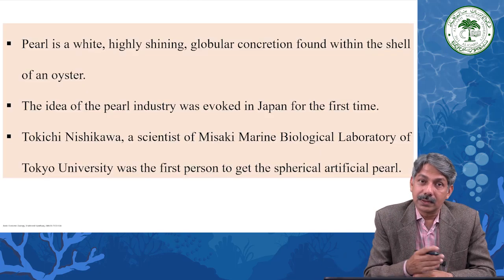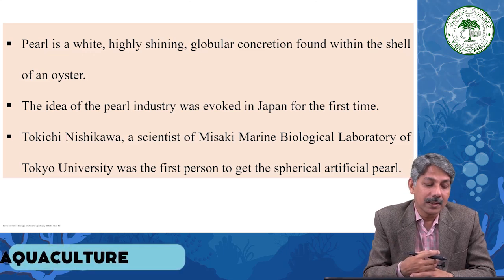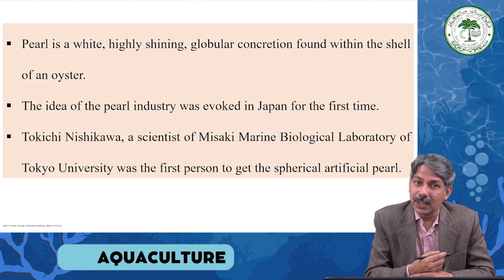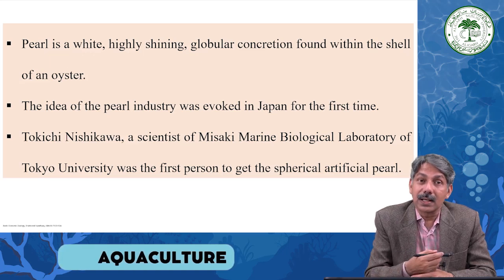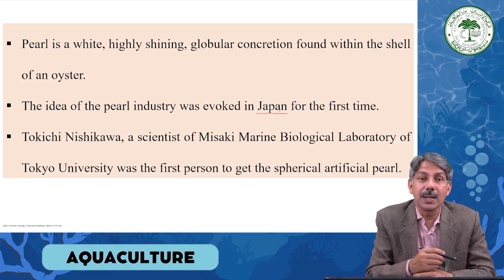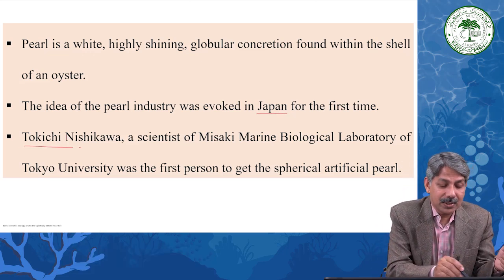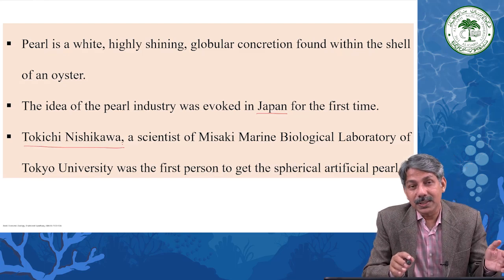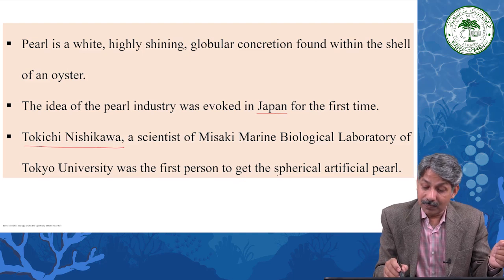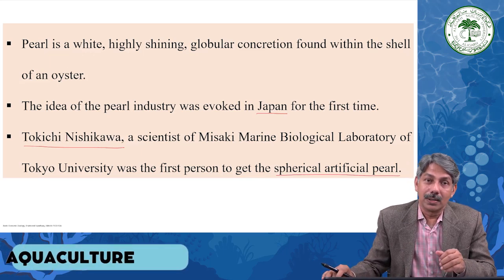Pearl, we all know, is very precious and is used widely as an ornament. It is a highly shining globular concretion found within the shell of an oyster, that is collected from the oyster. That is why these oysters are also referred to as pearl oysters. The idea of the pearl industry was evoked in Japan for the first time, and it is supposed that Tokishi Nishikawa was the researcher, the scientist who first got the spherical artificial pearl. And still in Japan, the pearl farming or pearl culture